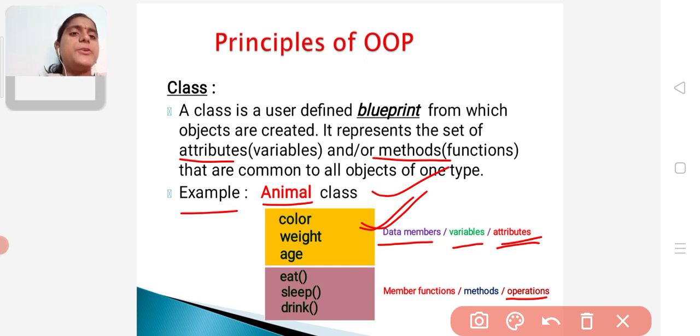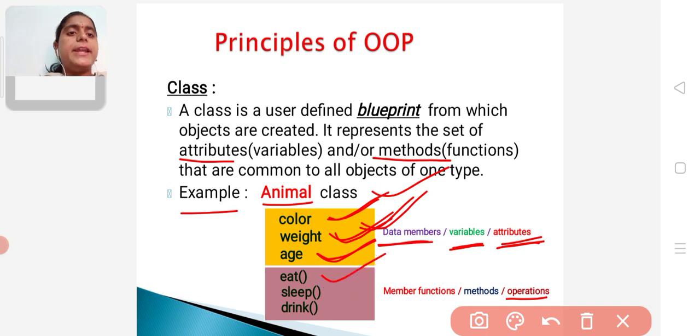The attributes of animal are color, weight, age. Attributes are nothing but properties of the animal. Every animal has some color, weight, and age. These are called data members, variables, or attributes. And an animal can perform some operations, right?